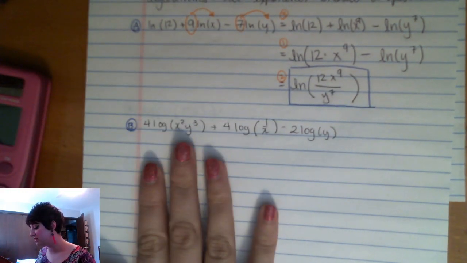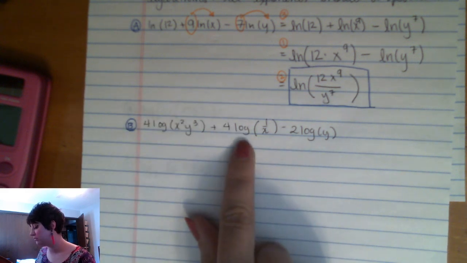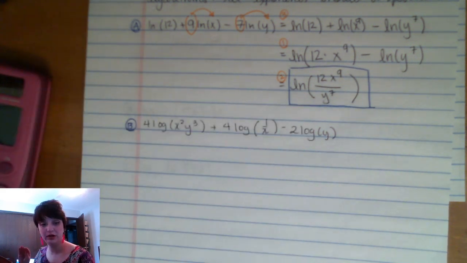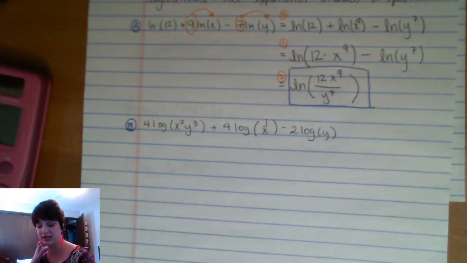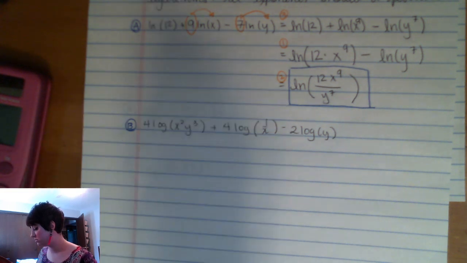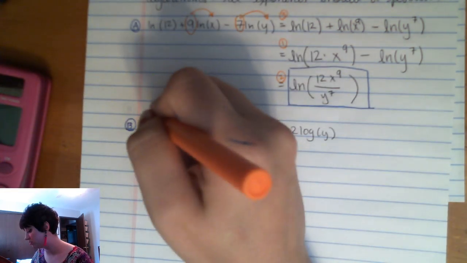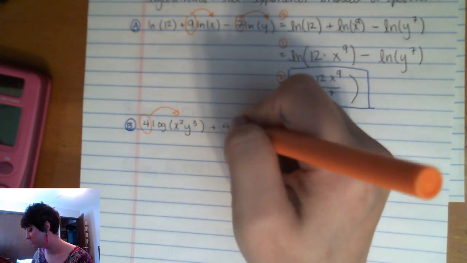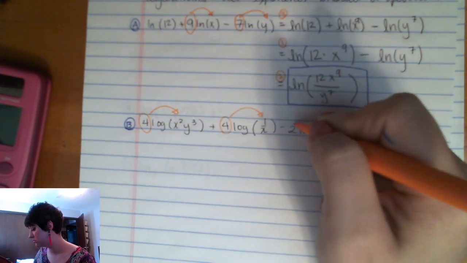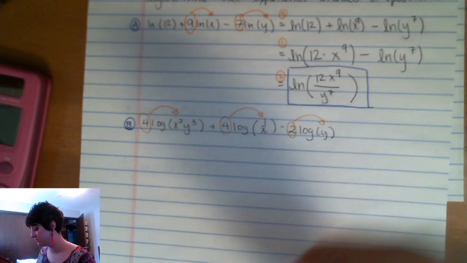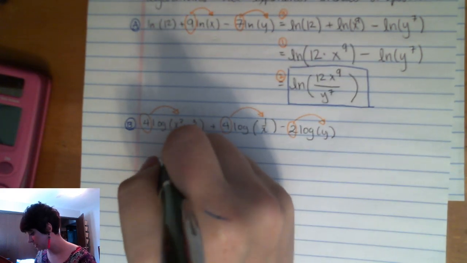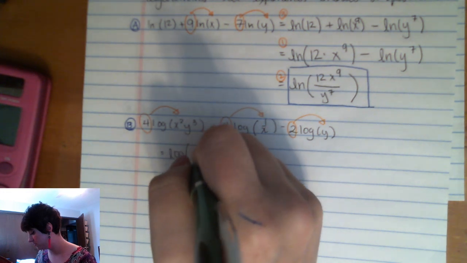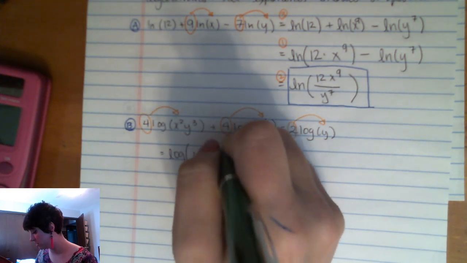So do the bases match? Log base 10, log base 10, log base 10. So all of them have the same base. Remember that if you don't see a number here, that means it's base 10. All right, first powers. Powers, powers, powers. So factors come in as powers. So that means I have log of x squared y cubed to the 4th